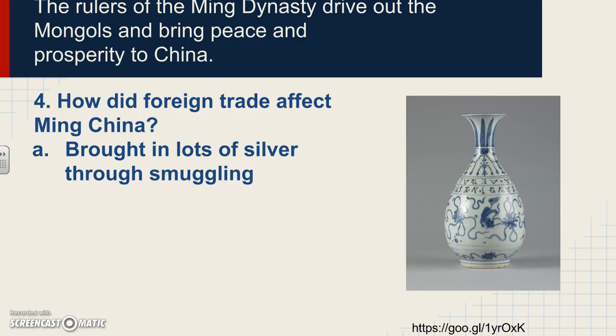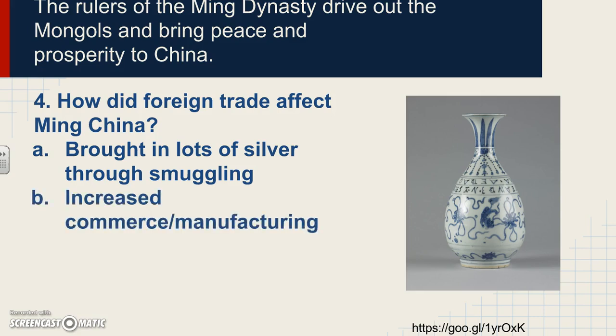They would do it anyway. And the way they would do it is to smuggle these products. So smuggling means when you move something illegally from one country to another. And because it was illegal and against the law, a lot of people saw great profits at this idea. A lot of times when things are illegal, they're worth a lot of money. And so silver started pouring into Ming China as a result of this foreign trade that was happening even though